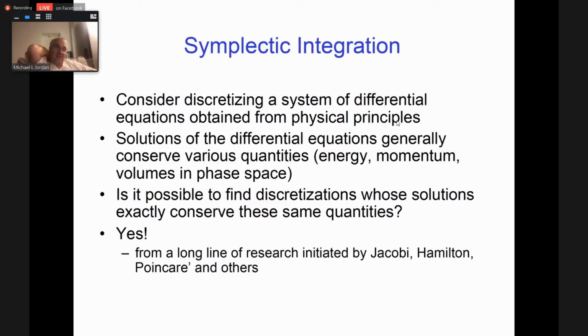And they had to, I guess, solve these things numerically, so they needed to discretize it, even though to do it on paper. In any case, they wanted to discretize them in a particular way. They wanted to discretize it such that you still conserved certain relevant quantities from physics, like momentum or energy. So if you're approximately solving a differential equation, you're hopping along a set of points that are near the true flow. You might now ask about what's happening to the energy or the momentum, which the physics tells me must